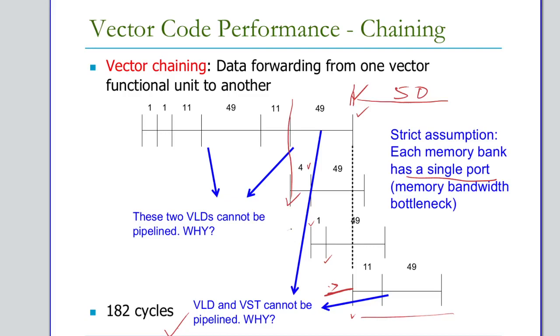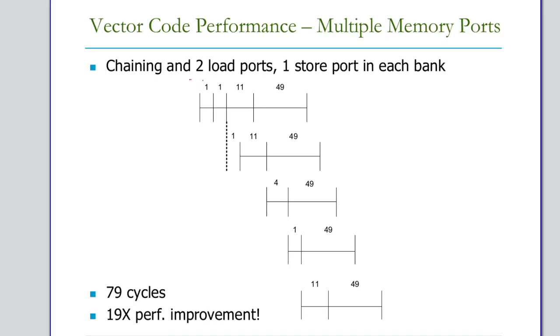Now this was the story when we were having just a single port memory. If you have two load ports and one store port, then what will happen? In that case, you can start loading from here, and after just one clock cycle you can give the next address to access, and two loads can be running parallelly. As soon as the first output comes, two operands are ready, you can start addition.